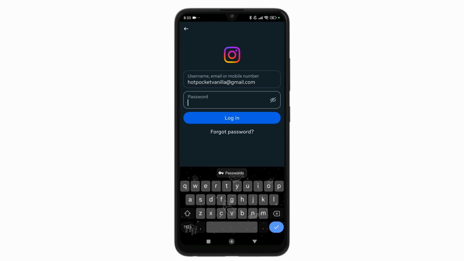But if you're sure that your password is correct and it's still not logging in, then your only solution now is just to wait for Instagram to fix their issue and to get the server running back up